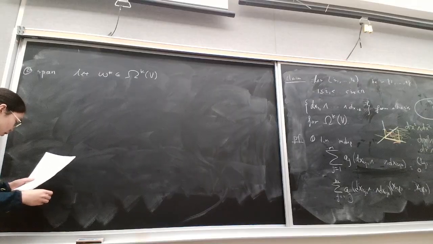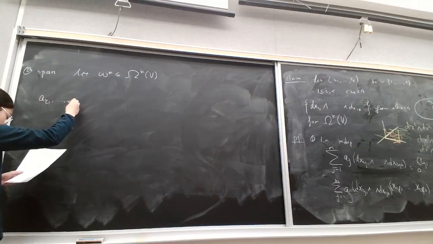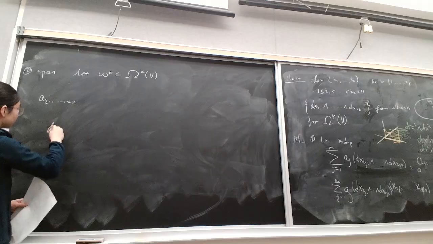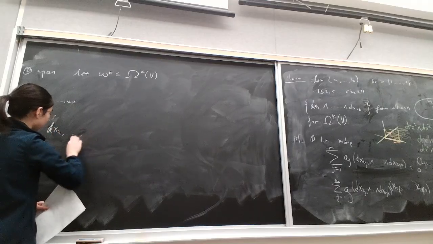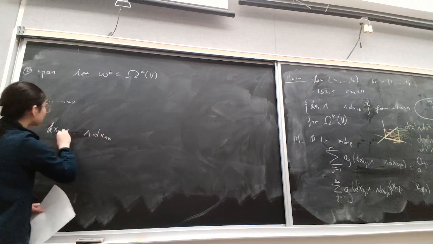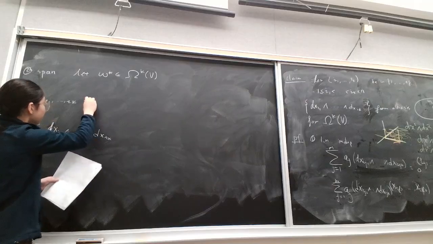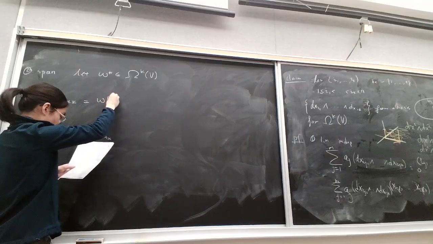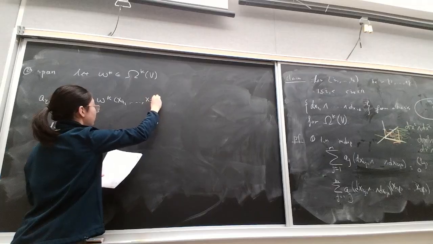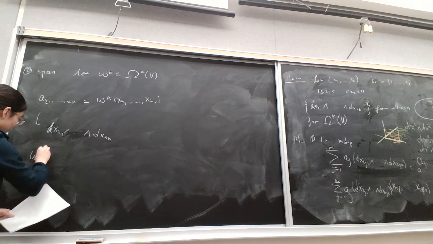The claim is that if we define a_{i1...ik}, which is the coefficient in front of dx_{i1} wedge ... wedge dx_{ik}, to be omega k applied to x_{i1}, ..., x_{ik}, then we just need to check that omega k is equal to